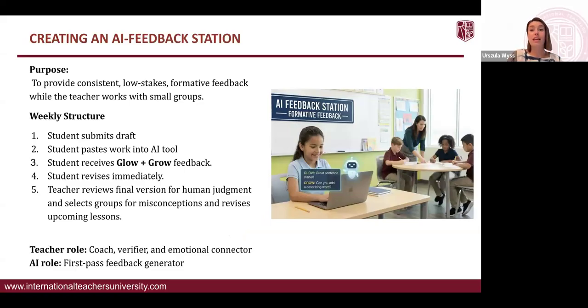I call this the AI feedback station. It works by providing consistent, low-stakes formative feedback while the teacher works in small groups. So here's what you can do to set up these stations. Once your students are introduced to AI, after you've taught them how to use the tool and how to question the tool,